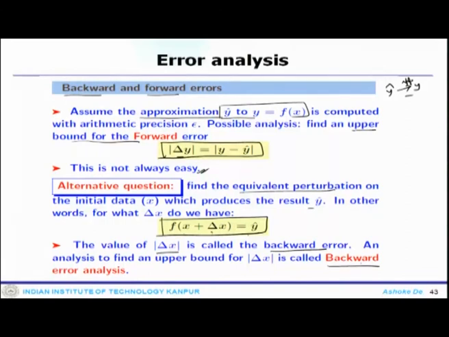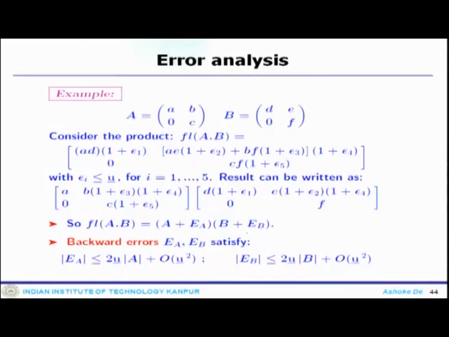When you talk about the forward error, that means I am going from this to this. I am straightaway finding what my final result is, and the difference of that gets me the forward error. When you are trying to do the backward error, the initial data is perturbed such that you get to the y hat with less error. So, take an example which will allow you to understand this in a much clearer way.